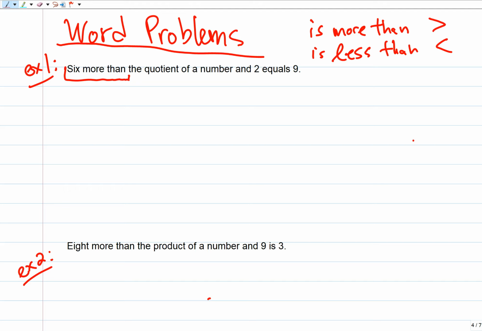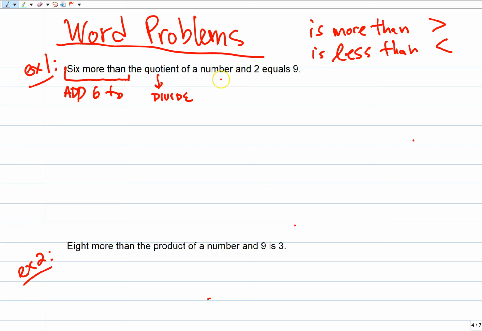I'll give you a hint. If you had $5 and I had 6 more than that, how much do I have? How'd you get 11? You took the 5 plus the 6. When you say 6 more than here, we are adding to what? The quotient of a number and 2. Well, that's terrifying. What does quotient mean? It means divide. I feel like we've had these phrases before. It's been a while ago. That's okay. Quotient means to divide